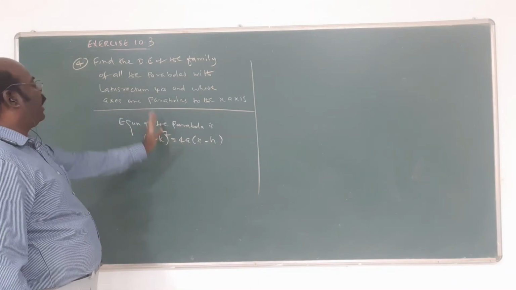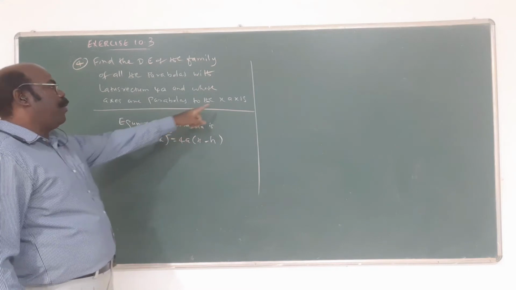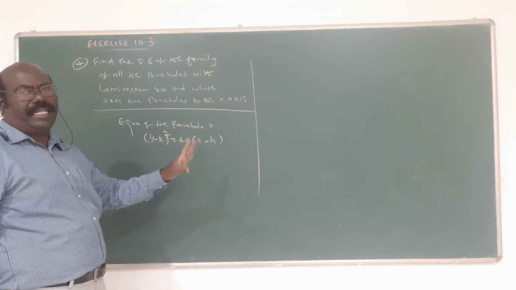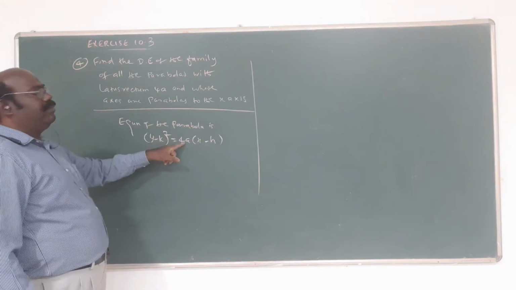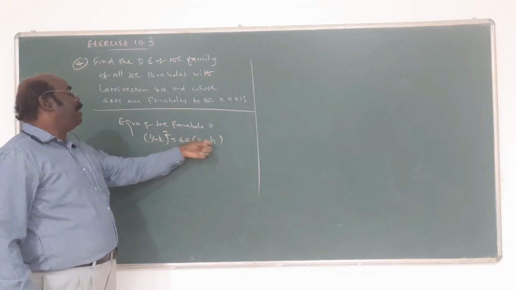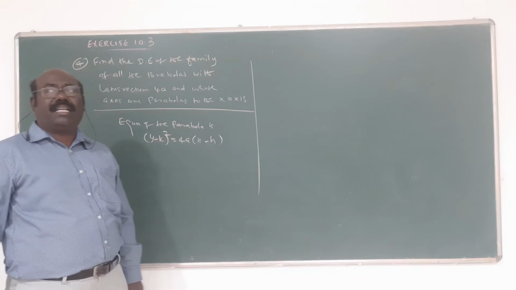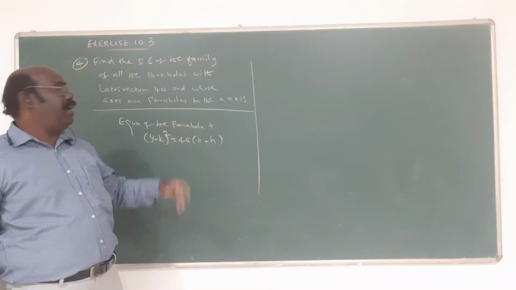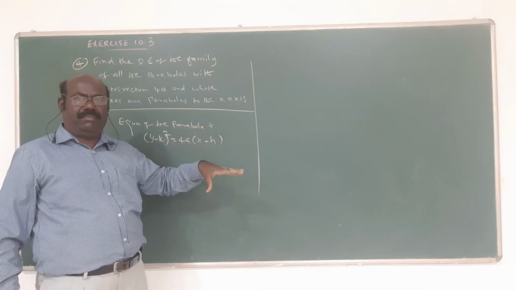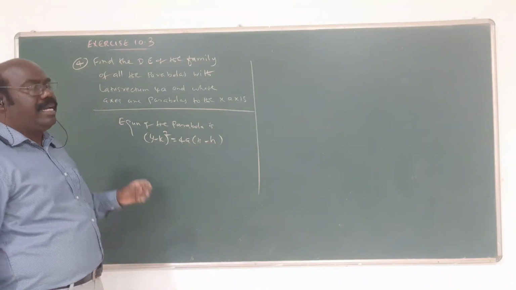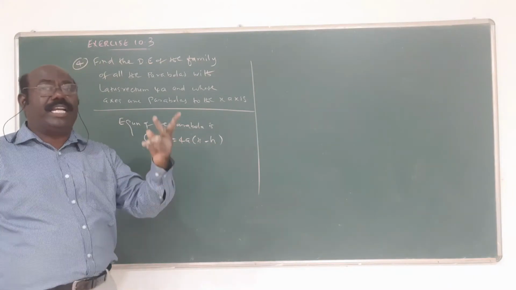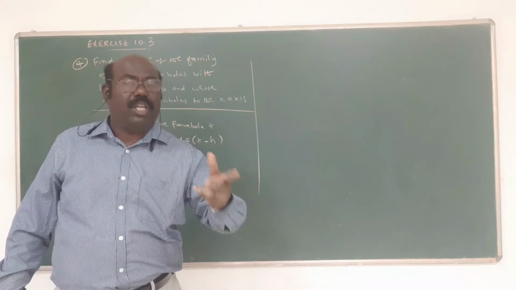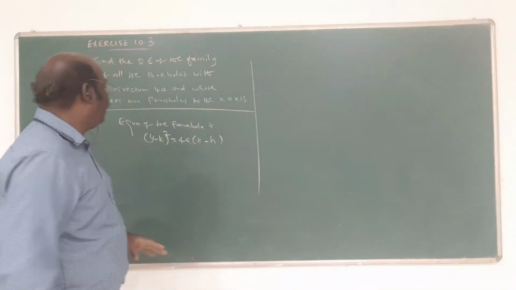Now let us consider 4a on the right hand side. Minus 4a means minus 4. If the axis is the y-axis, then (x minus h) whole square equal to 4a into (y minus k). This way it will come. Now a is already given. The h comma k you don't want. H comma k are the arbitrary constants. The a will come in the answer because 4a is given, but h comma k you don't want. Eliminate h comma k. That's why you differentiate 2 times, because h comma k are 2 arbitrary constants. You will eliminate h comma k, and a will come out. Now differentiate one time.